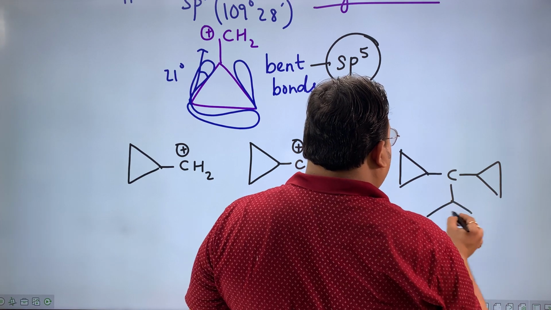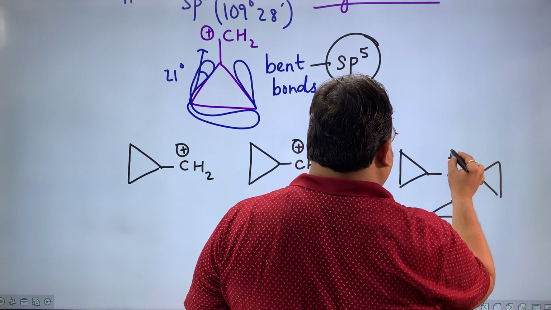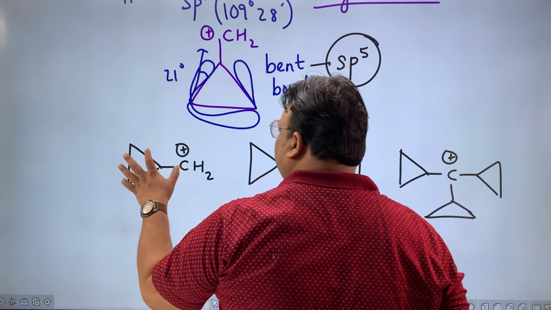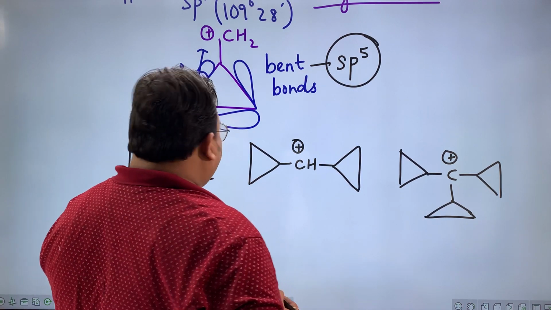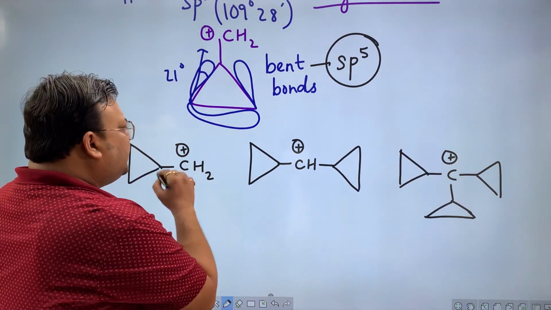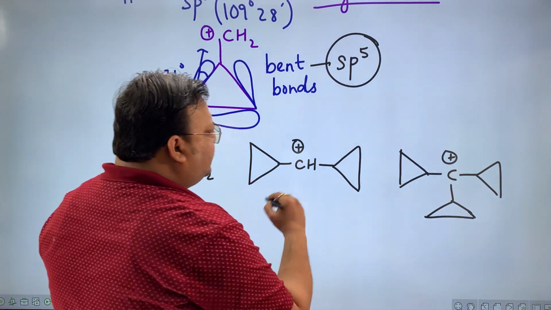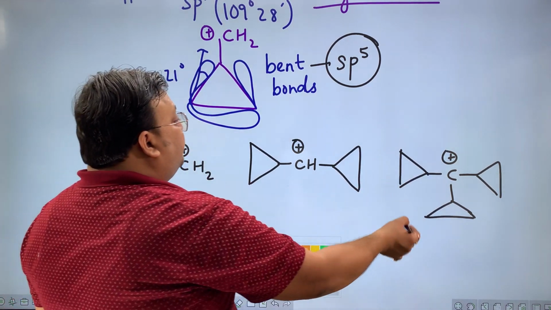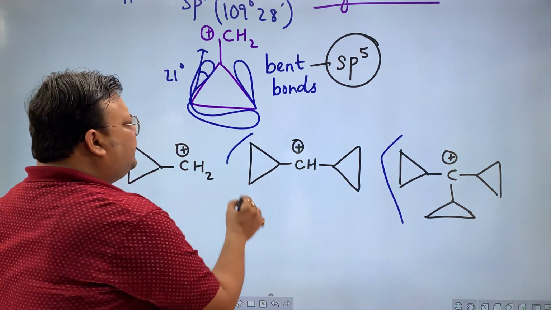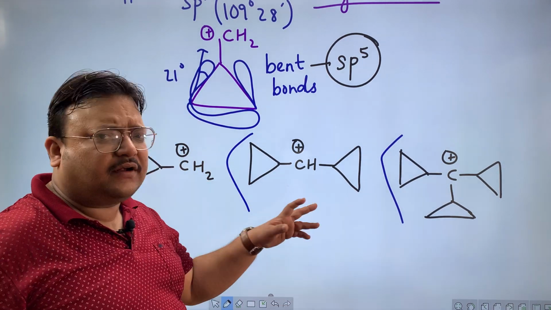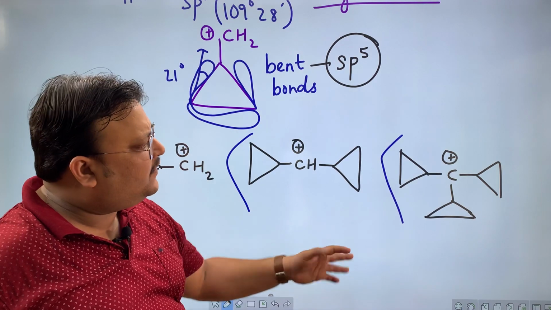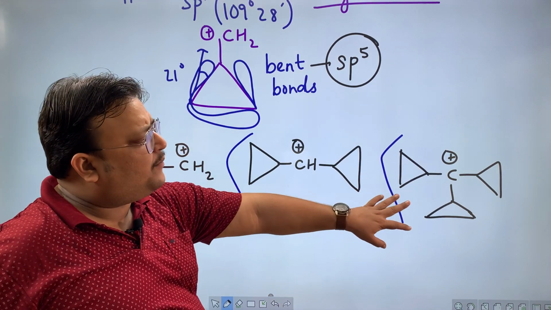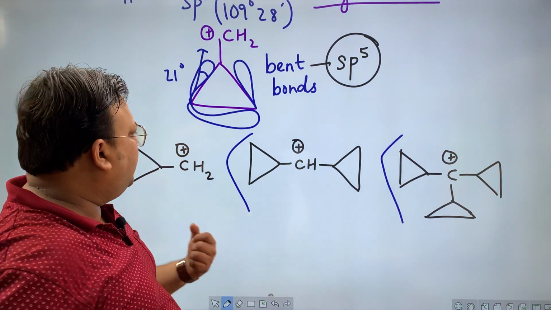We will not draw any carbocation more stable than this. If this is a lot of stability, if this ring is uniquely providing stability to this carbocation, the more rings there are, the more the stability. And I think this will be the most stable carbocation which we will see overall in our journey of class 11, 12 science and thereafter. This is going to be the most stable carbocation you will ever see, and naturally